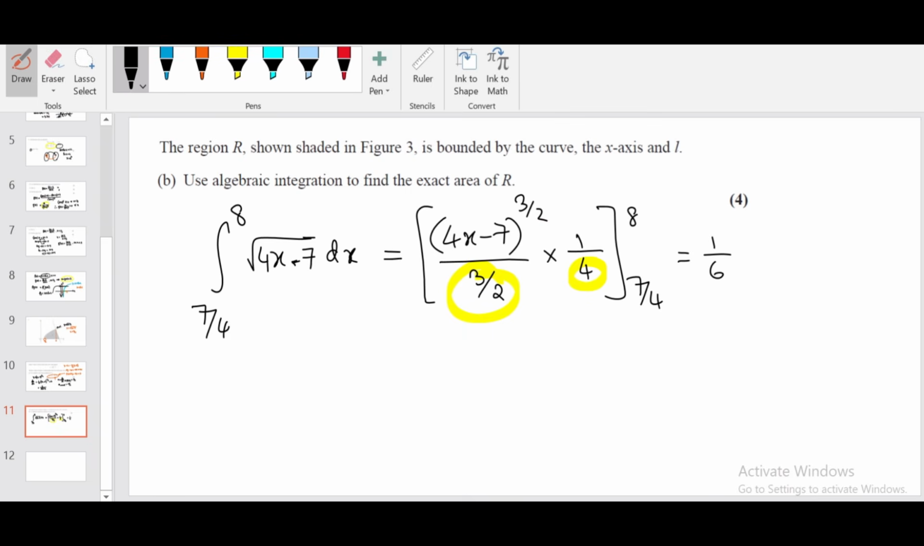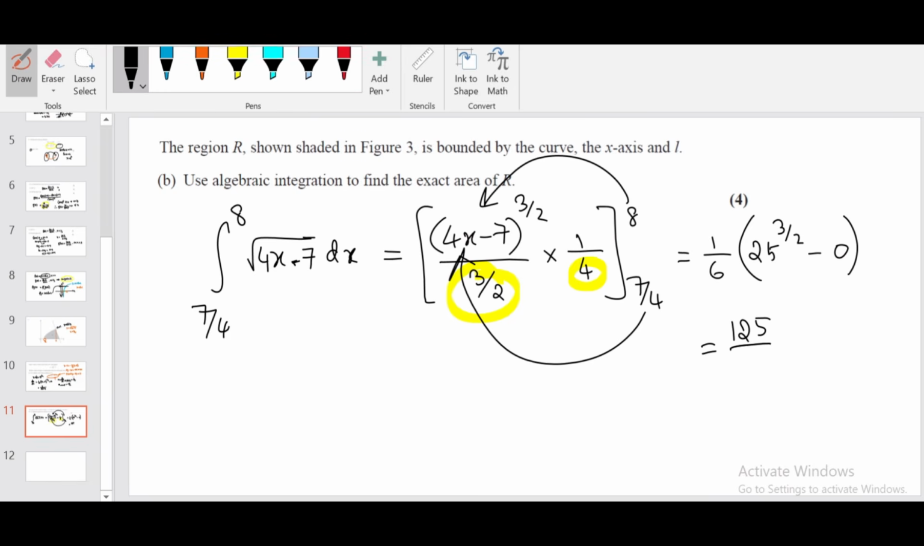Sub in the upper limit. So when you sub in the upper limit, 4 8s are 32, 32 minus 7 is 25 to the power 3 over 2, minus, sub in the lower limit. 4 cancel, 7 minus 7 is 0. So we'll get 5 cubed, 125 over 6 if I'm not wrong. 25 is 5 squared, 2 cancel, 5 cubed is 125. So therefore the total area is equal to